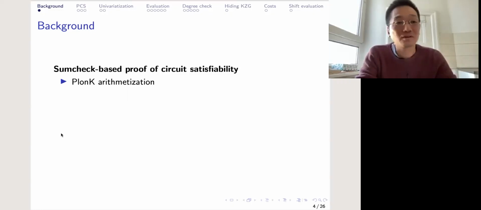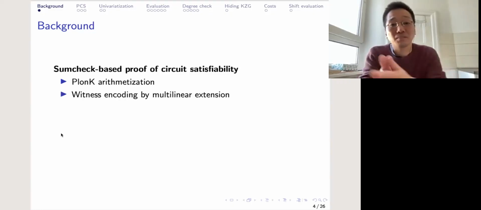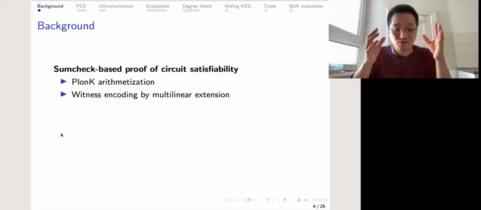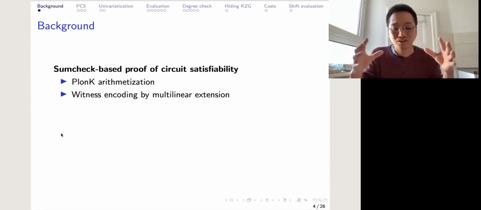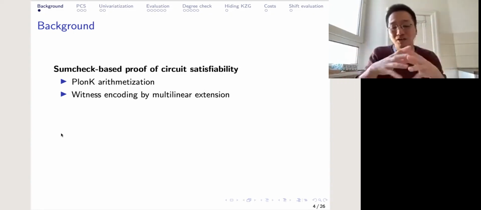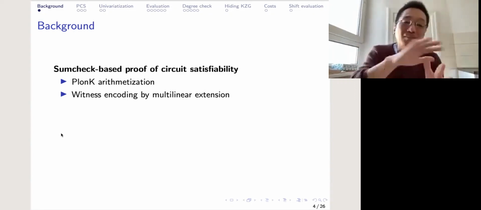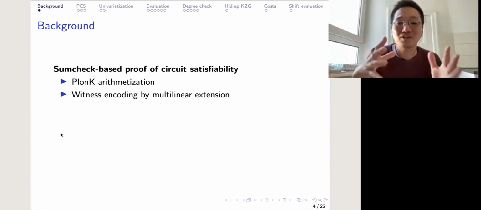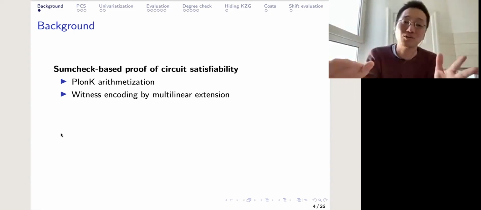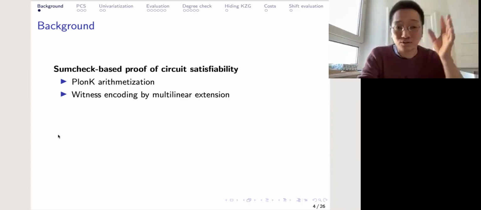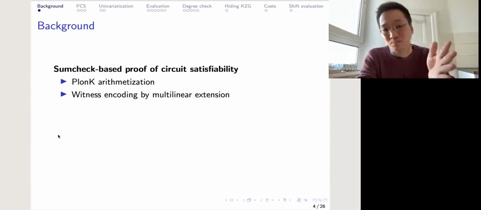We encode the witnesses by multilinear extension. To do this, we have the wire values of witnesses, and the prover places them over the Boolean hypercube, and then takes the multilinear extension of it. It is known that there is a unique multilinear polynomial that extends the witness values placed over the Boolean hypercube. And after making these witness polynomials,